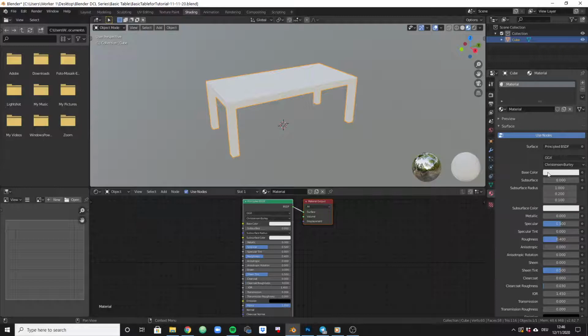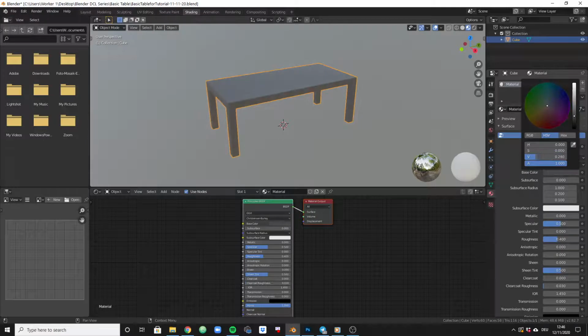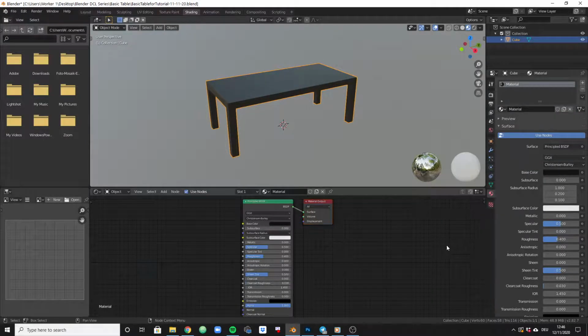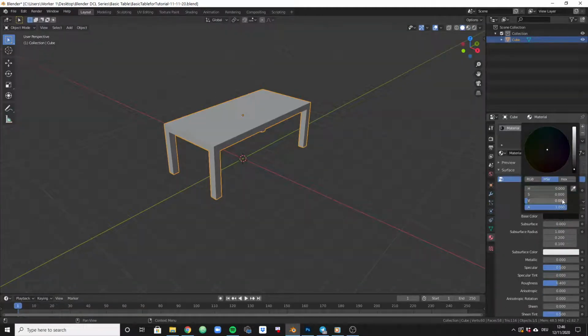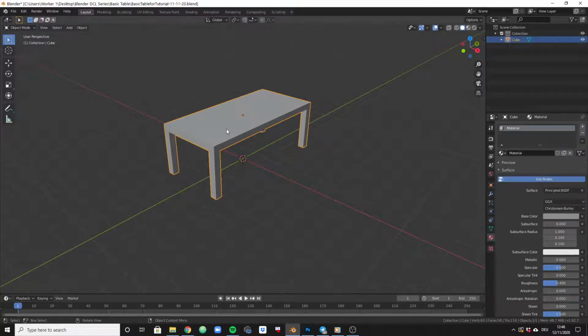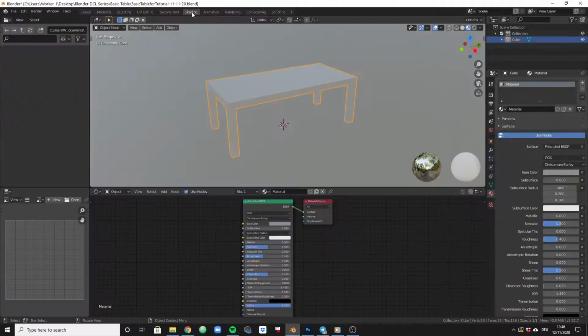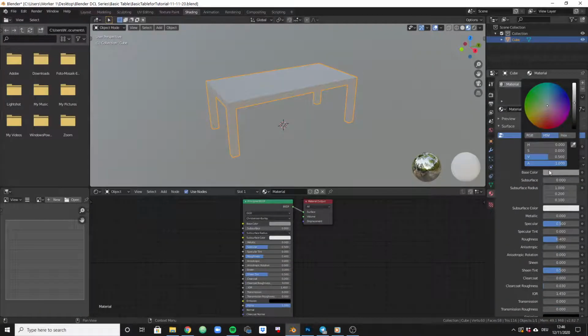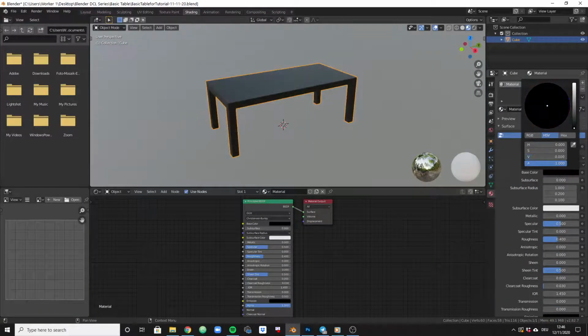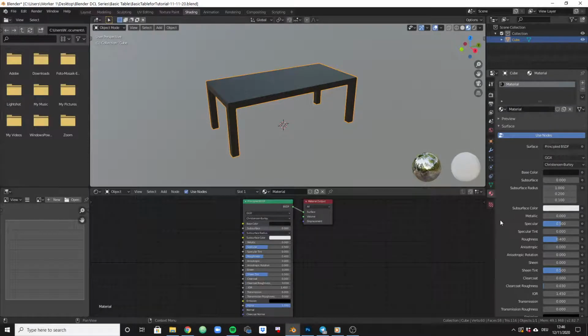So let's have a look if we can just change the color of the table to something very dark like that. All right? And you can do this from this area as well, but we don't actually see it changing. If we switch over to shading, we can actually watch it change. So in this case, if you have just created the table, switch over to shading and just pick a color